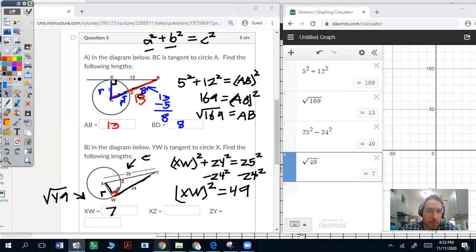I mean, if I know XW is going to be 7, that's a radius. I also know that XZ is going to be 7 because that's a radius. And if I want to know ZY, I can take 25 and subtract 7. So ZY is going to be 25 minus 7, so it's going to be 18. Put that in the box down there, 18. All right,